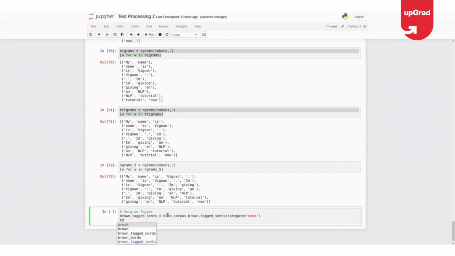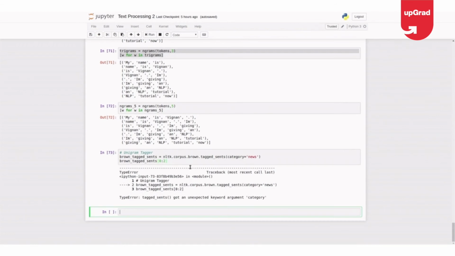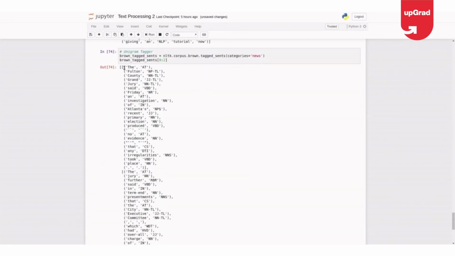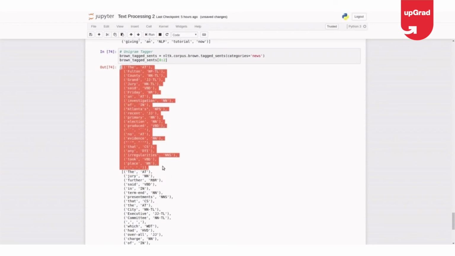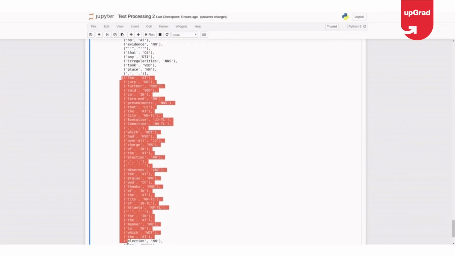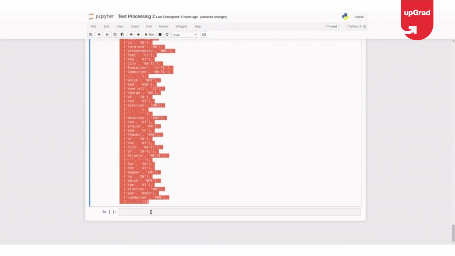And let me print some sentences, maybe 2 sentences. Okay, it's an error, category. Okay, the spelling thing is categories. Yeah, so I got 2 sentences. From here to here is the first sentence, and from here to here is the second sentence. I got 2 sentences. Okay.